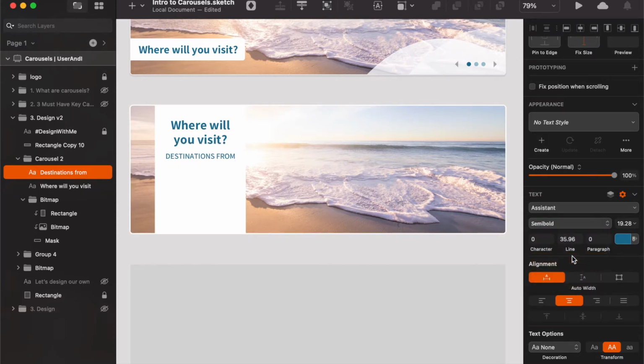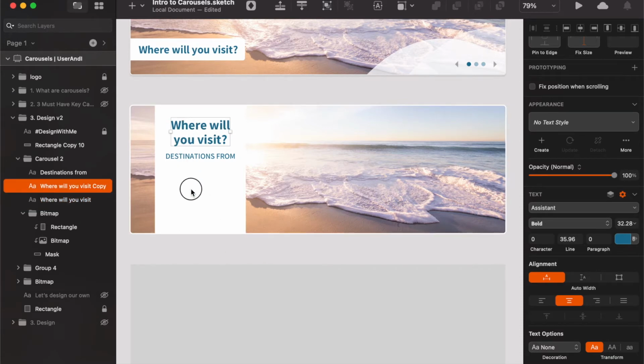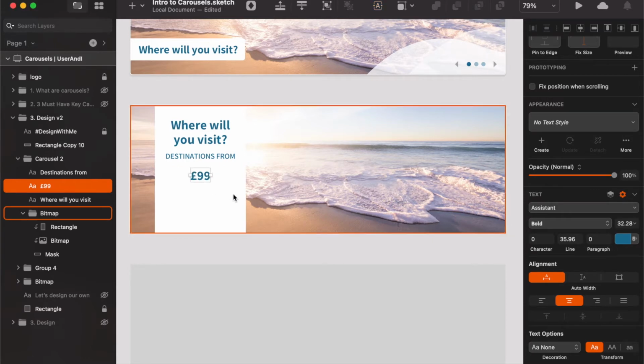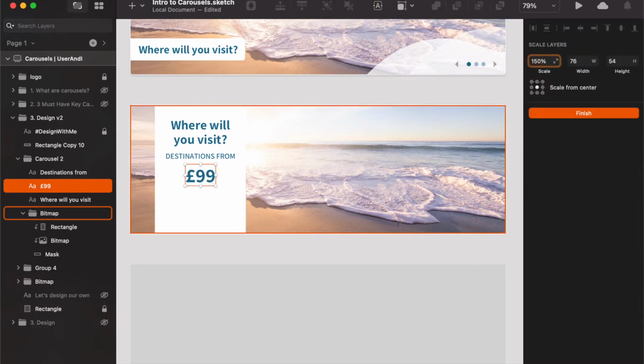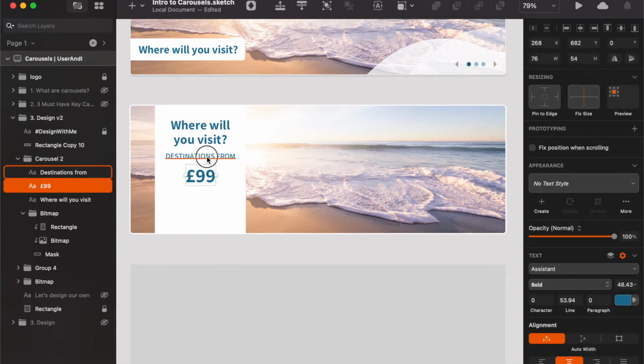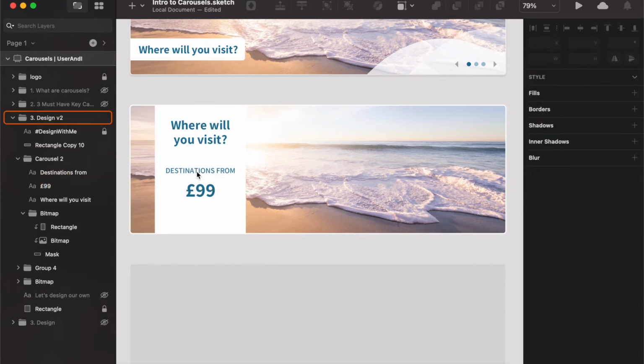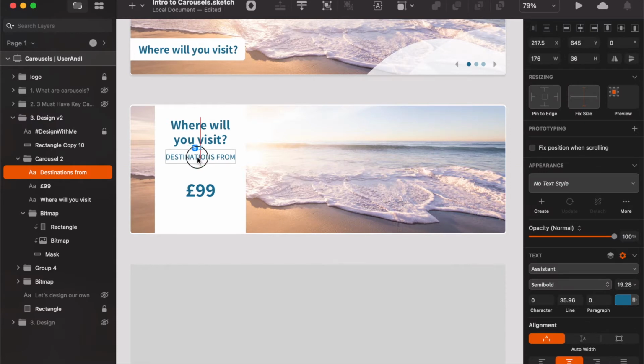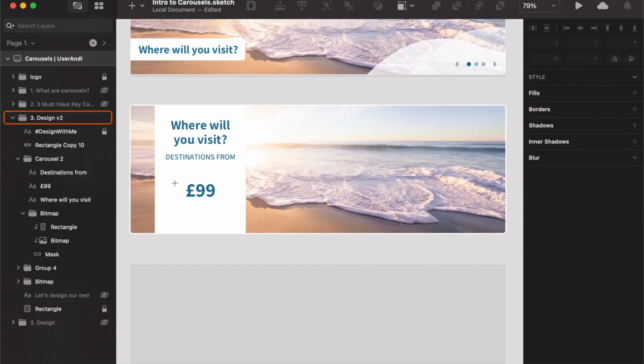What does that look like in semi-bold? And what does that look like in not capital? I'll leave that as capital, that's fine. Destinations from, I'm going to duplicate this text here, and I'm going to add some prices. That would be green. Destination from. I'm also going to add some